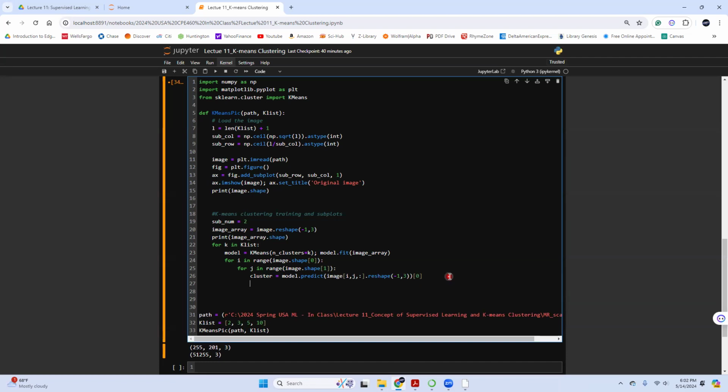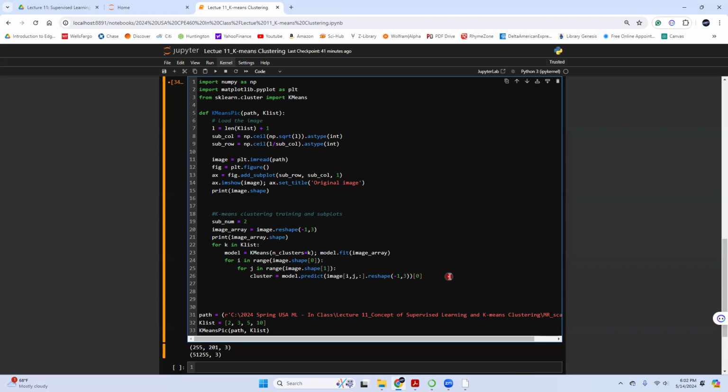What can I do? Give me 1 second. Let me think about it. If that's the case, I can replot the image here, but how to replot the image?